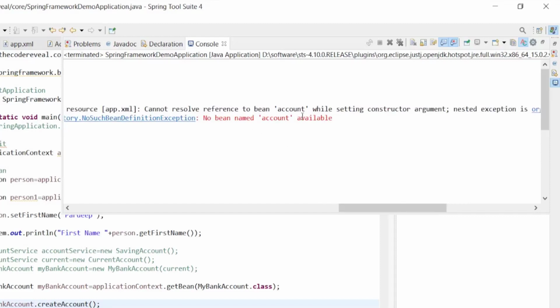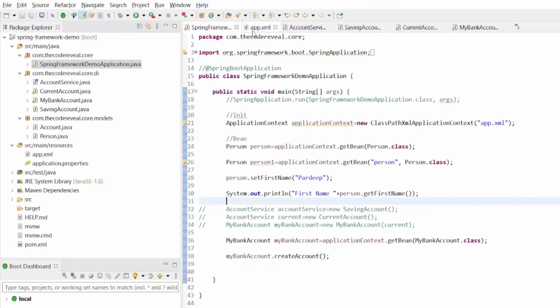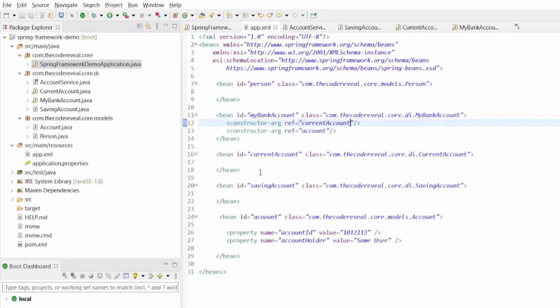No bean named account available. So in app.xml, if we see here, we are passing account in this bean. So there is some spelling mistake.